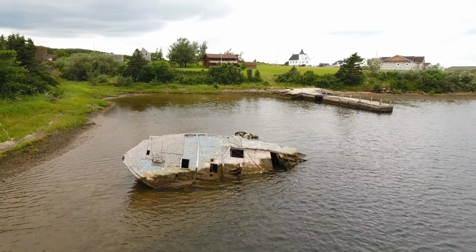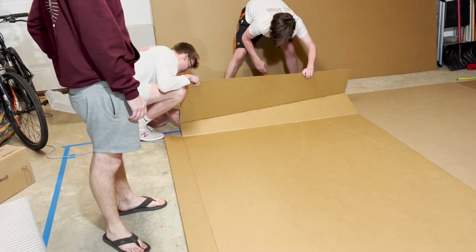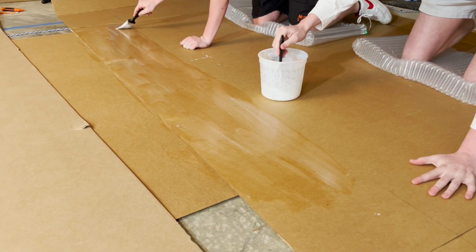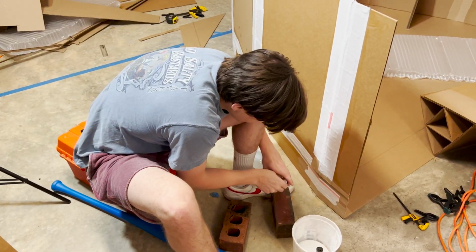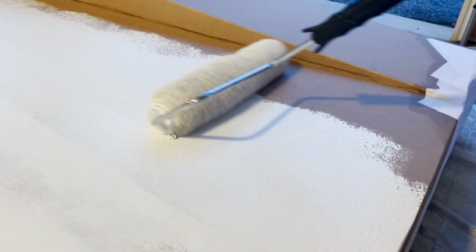Lastly, like all boats, if water gets inside, we're done for. So in order to build the base, we folded the cardboard sheets like origami to leave no cracks, glued them together with some classic Elmer's white glue, and sealed over any seam with gum tape and paper mache before painting the boat. This kept water from touching bare cardboard, so as long as the boat didn't leak, it would behave